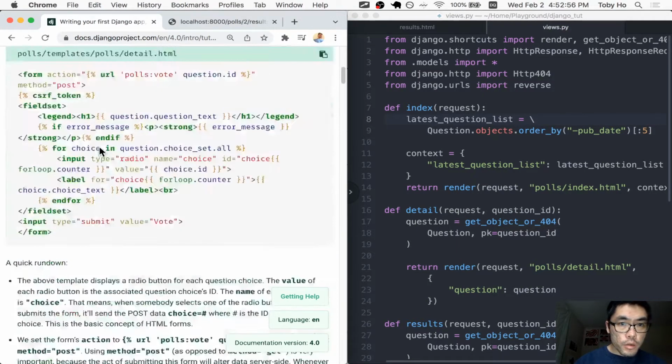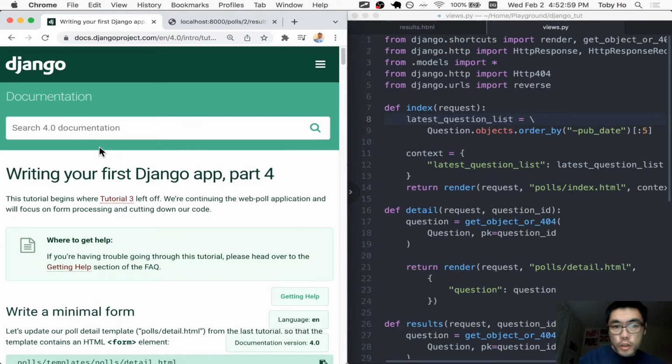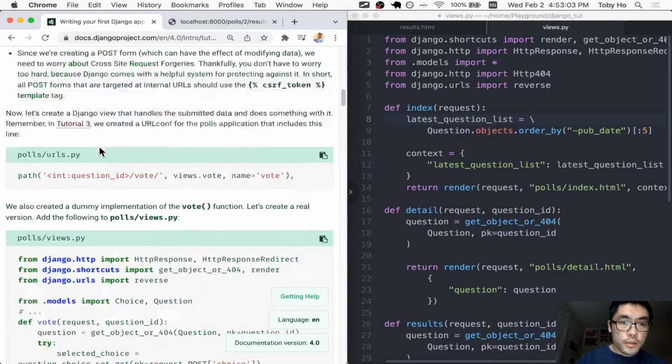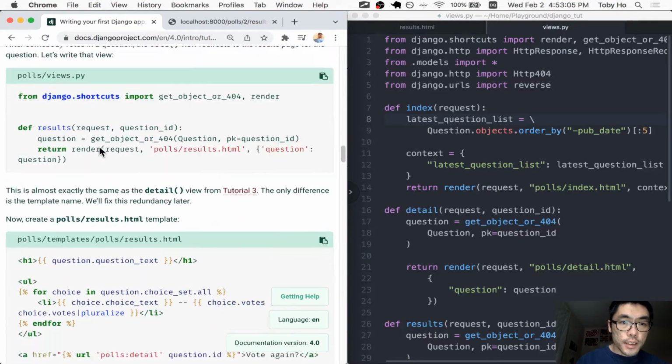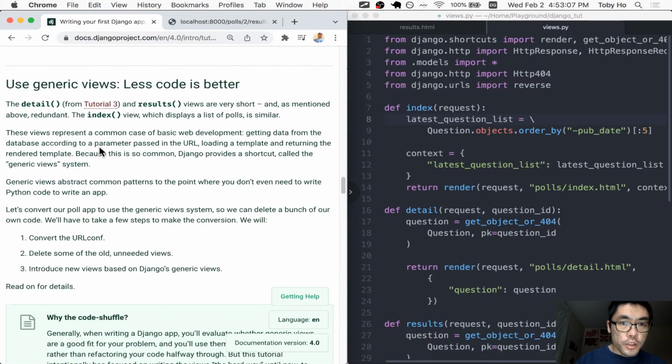We didn't finish part 4 in the last video, so we're continuing with a second part to finish it off, and we left off with the generic views section. So we're being introduced to the generic views concept in Django, which